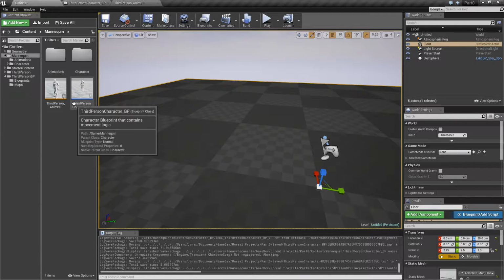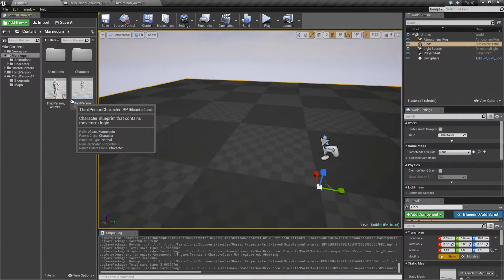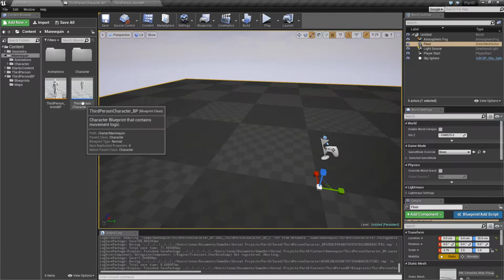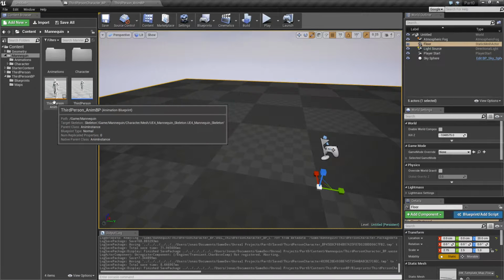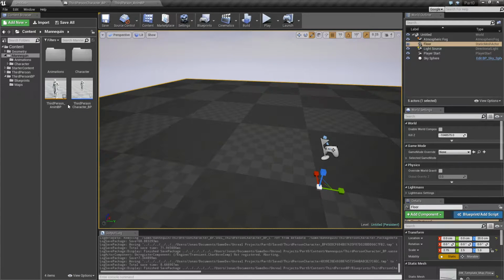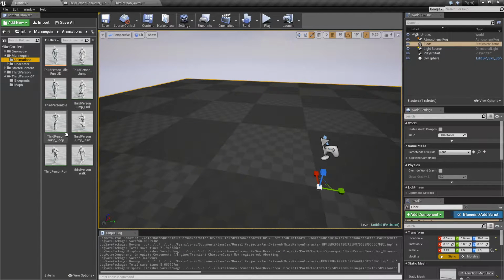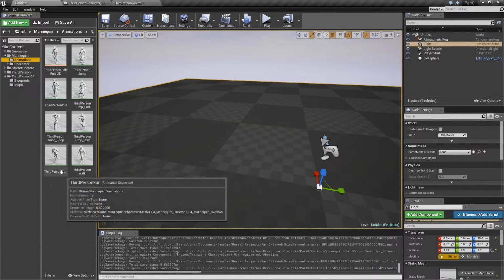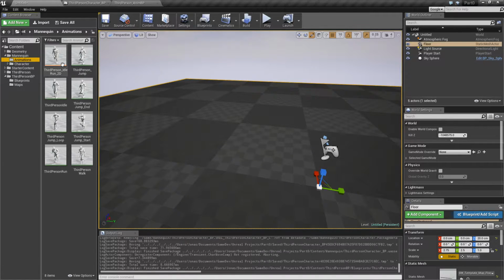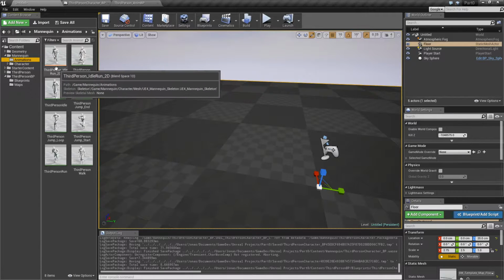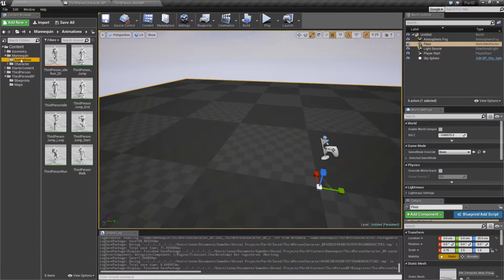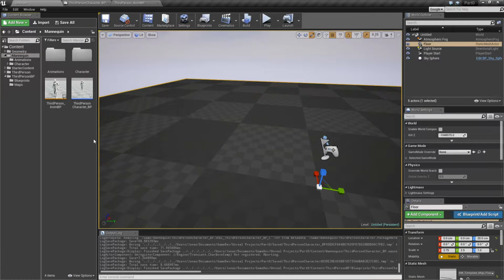But I usually quickly end up looking at the color, so I know this is the character blueprint, and this is the animation blueprint, because it's got the yellow bar down here. I think all the animations are yellow. No, they're green actually. There you go. Okay, so the blend spaces and animation blueprints are yellow, slightly lighter, but I think you can configure it. Anyway, so continuing, inside the animation blueprint,